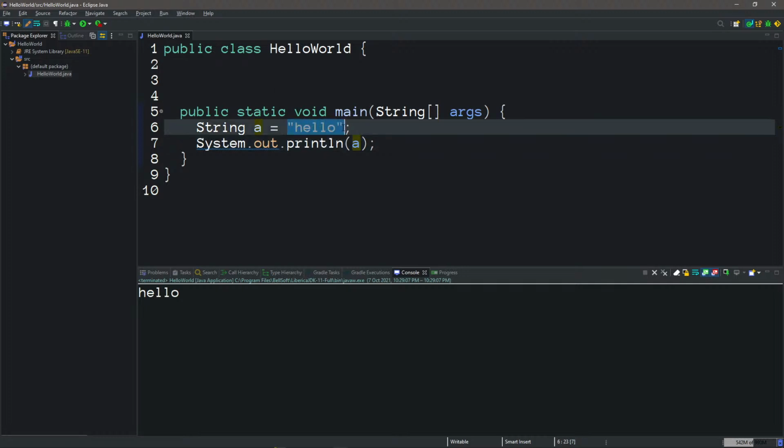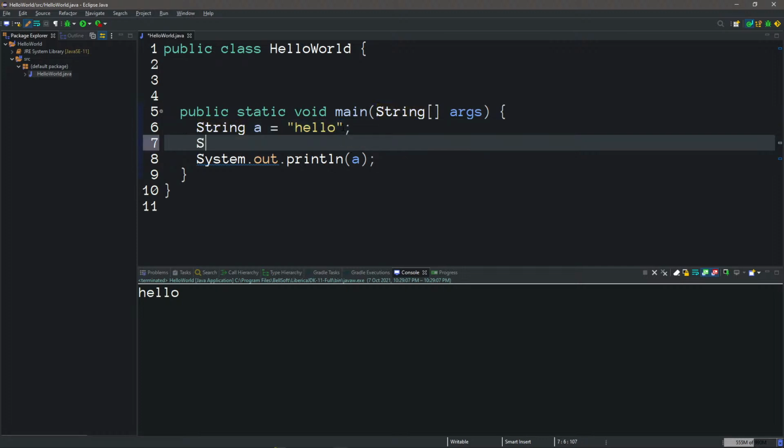When there is a variable assignment, we always refer to a value. So a value can be the value that we define based on the data type, or like this,